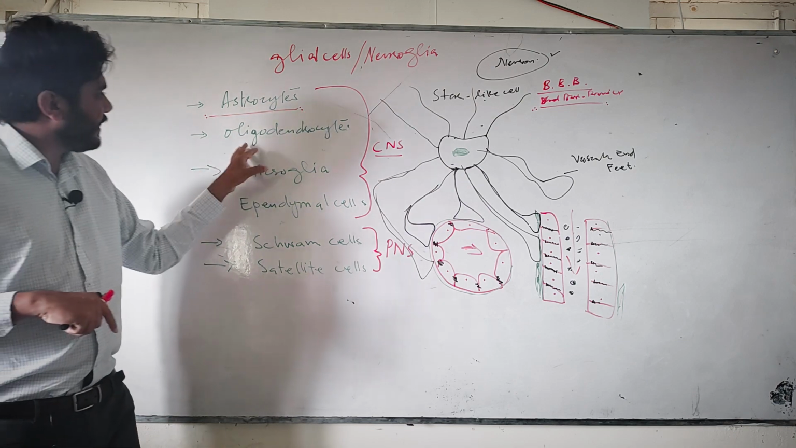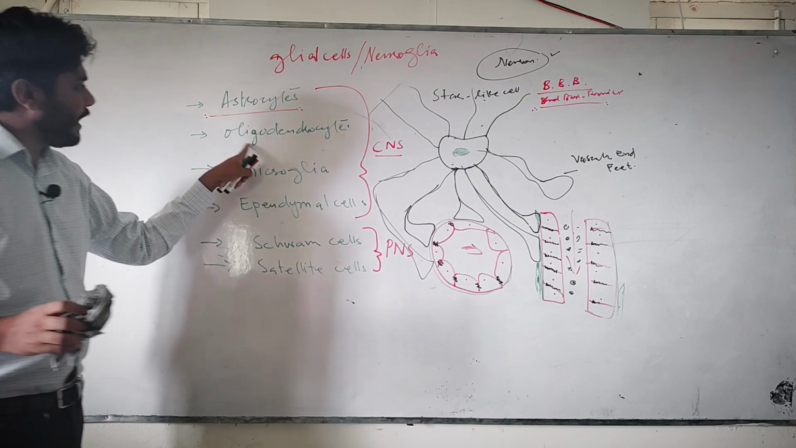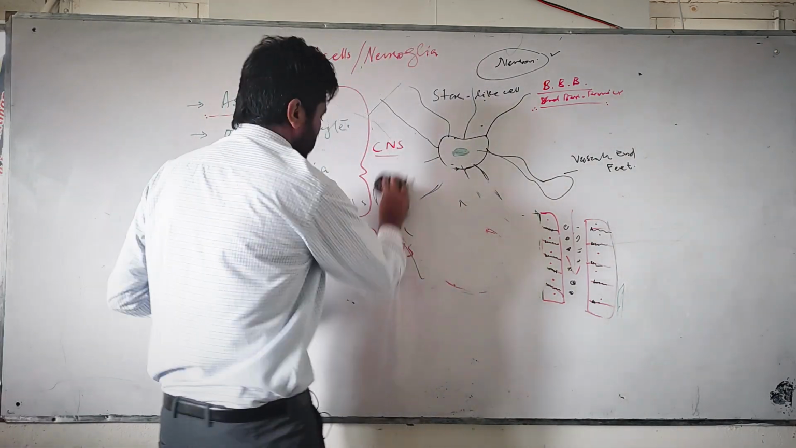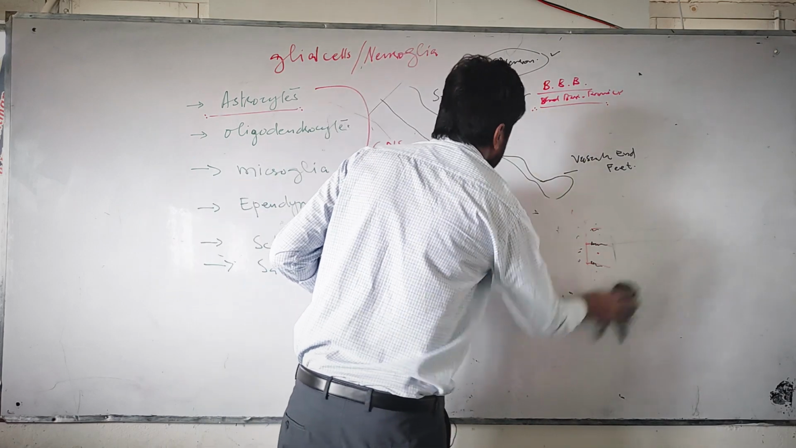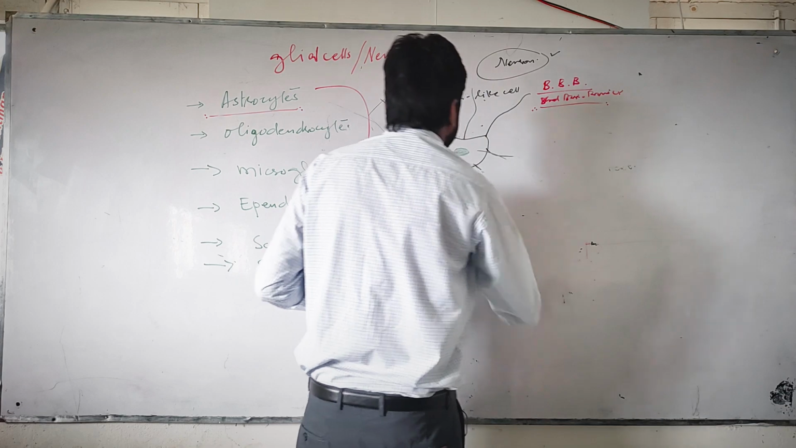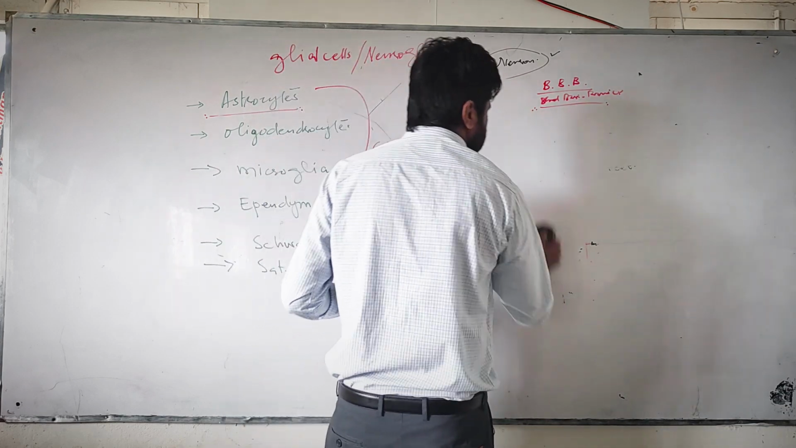The next cell we have is the oligodendrocyte. The difference between these oligodendrocytes